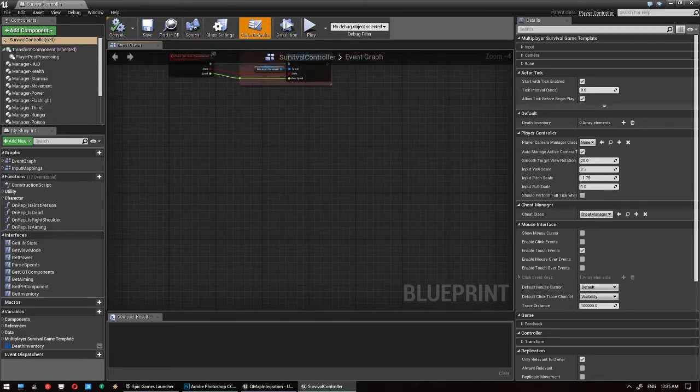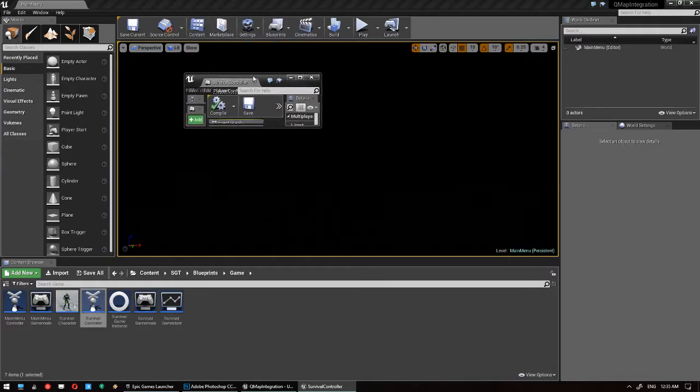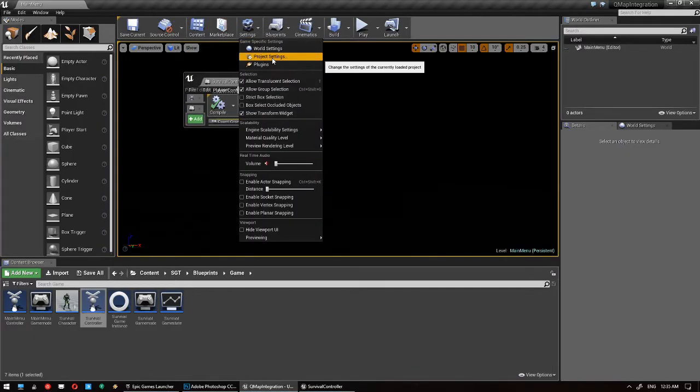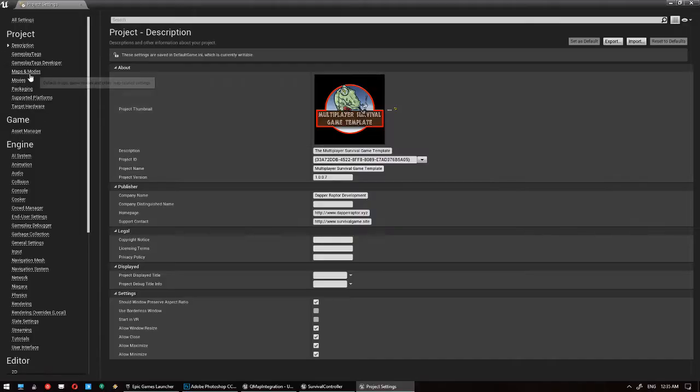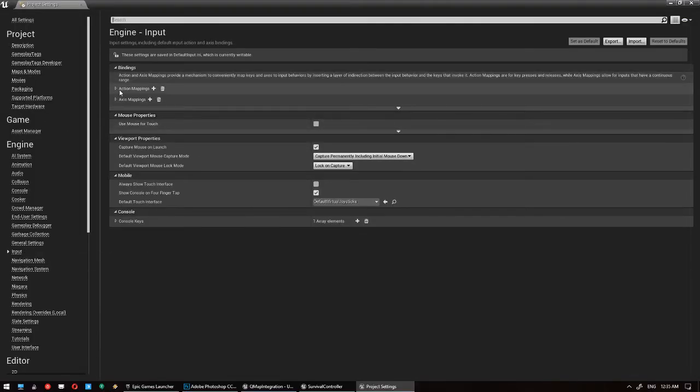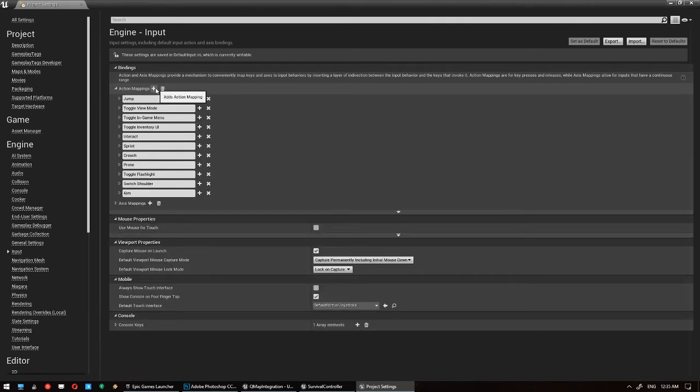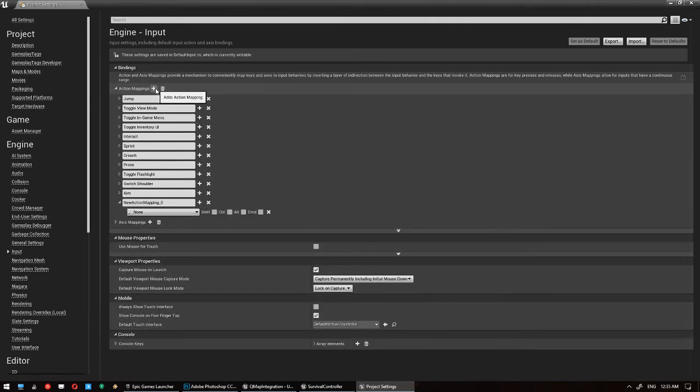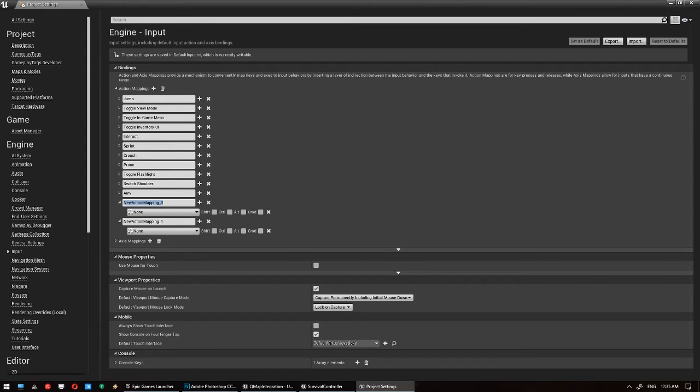Now we need to create a couple of things in here. Input mappings. So the correct way to do input mappings is go into project settings and go to input mappings, and we'll do it correct here. So we create two new action mappings. So open world map, and let's change that actually to toggle world map, and toggle local map,